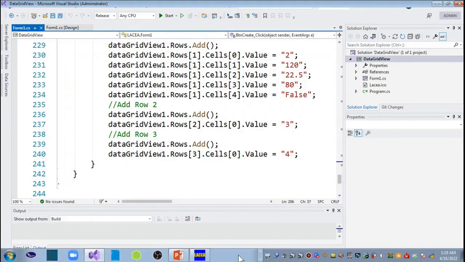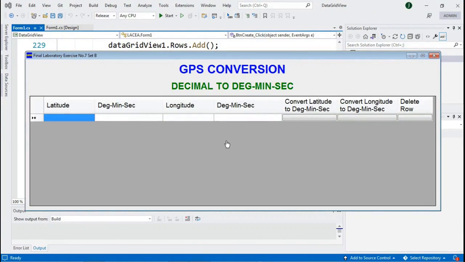For set B, you will solve this problem, decimal to degree, minute, second conversion. And then you need to apply the data grid view. The following columns that you need to set up for the data grid view are latitude, degree, minute, second, longitude, degree, minute, second, convert latitude to degree, minute, second button, convert longitude to degree, minute, second button, and then the delete row. For example, I type the latitude